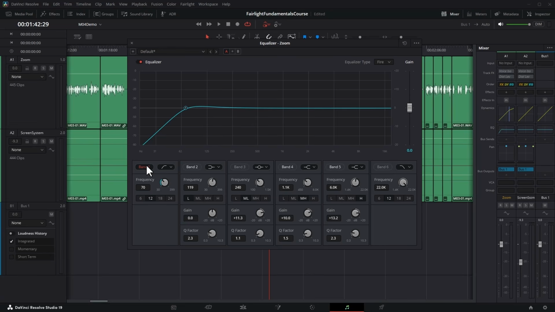Band 1 is all about the lowest frequencies of the audio. By default, it's set to this shape here. This is called a high pass or sometimes a low cut filter. What this does is it reduces the volume or attenuates frequencies lower than the set frequency value, and it lets higher ones pass. We can also select the slopes here